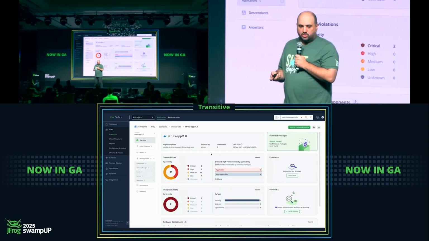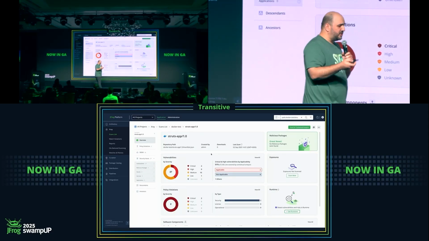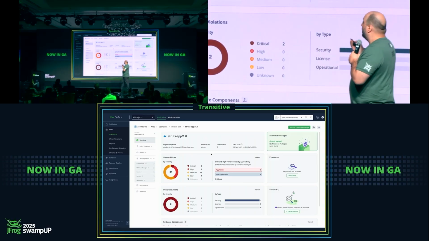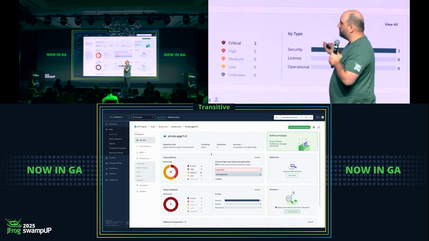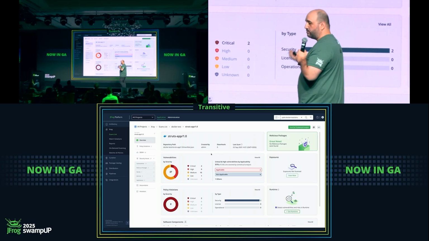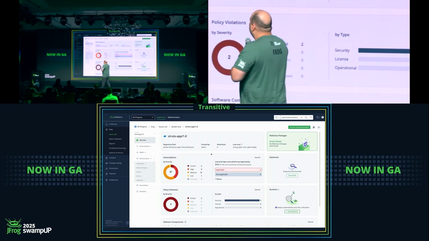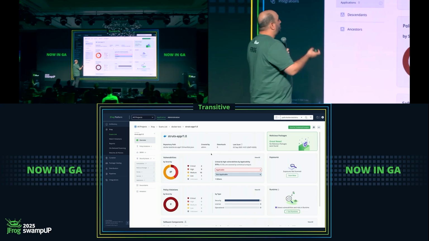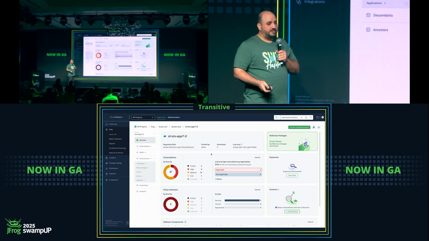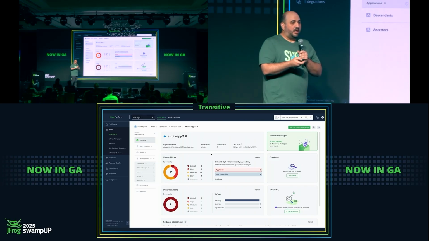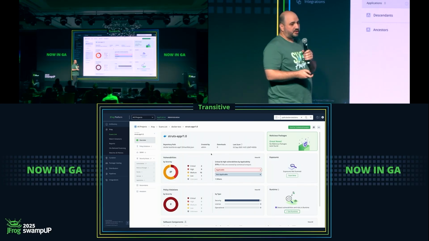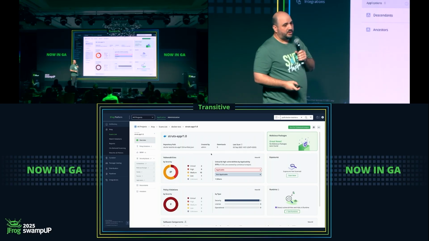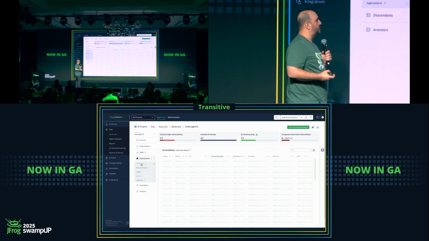So with that, let me just show you this real quick. What we're seeing here is JFrog Xray with JFrog Advanced Security. And this is a container that we've scanned. This works both on binary and source code, by the way. And we're seeing a vulnerable app, and we want to go and look at the vulnerabilities that this app has. So with that, we can see that we have a couple of criticals here. We have some highs, we have some policy violations, and we want to go and see which they are.